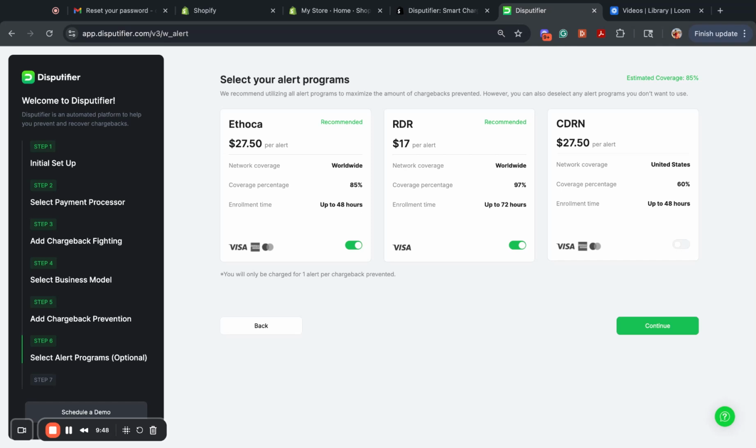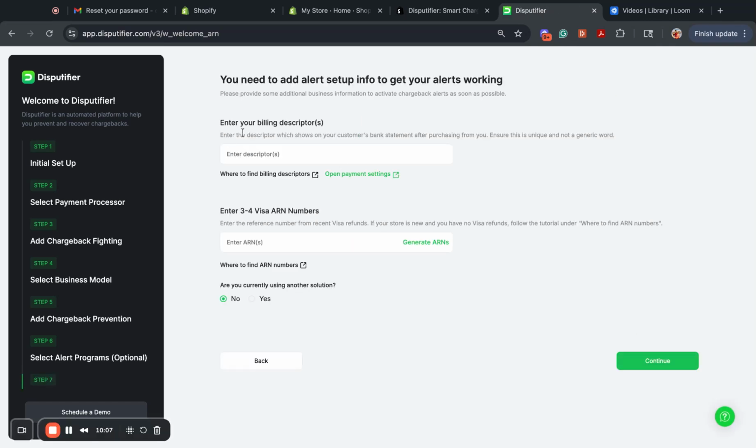But on the other hand, if you're a merchant that's got pretty serious chargeback issues, right? You can see that just with these two, your estimated alert coverage is around 85%. If you decide on selecting that, you're looking at another 5% increase of coverage overall. So what I'm doing is selecting all three of these. Click on continue. This part becomes a little bit complex, because not very many people